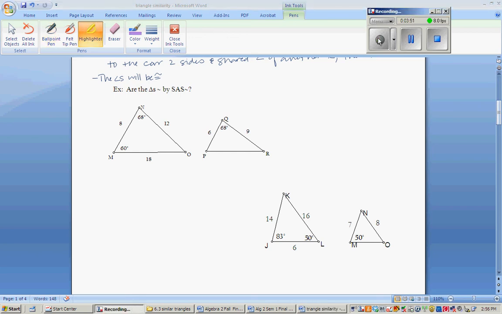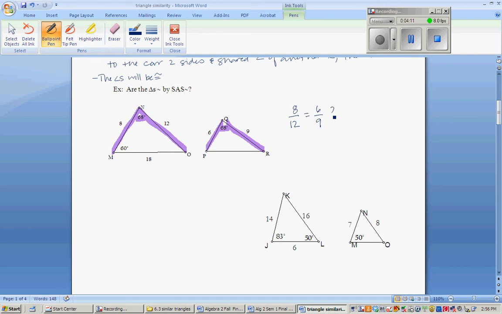Okay, now for the answers. Here we have a 68-degree angle and another 68-degree angle. So we're going to check out the sides on either side of it. And we've got 8 and 12 and 6 and 9. Let's see if they're proportional. Is 8 over 12 equal to 6 over 9? If you reduce them, they would both become